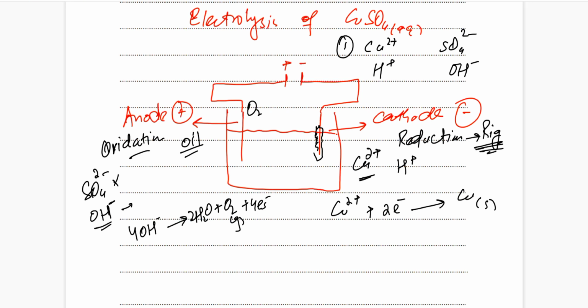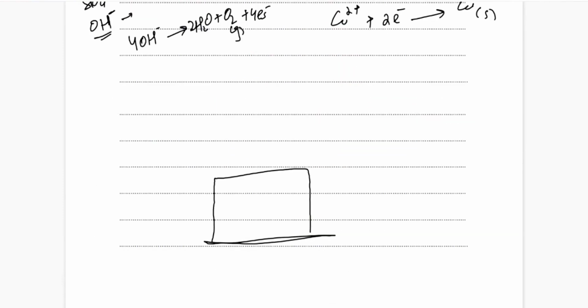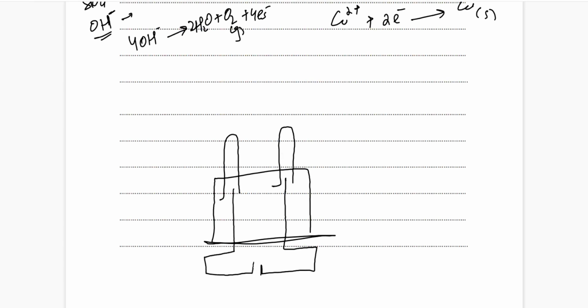Okay, so we could make like this as well, and here copper will be deposited, or simply its diagram in your book is given a bit reverse form like this, so that you have solution like this. Okay, and